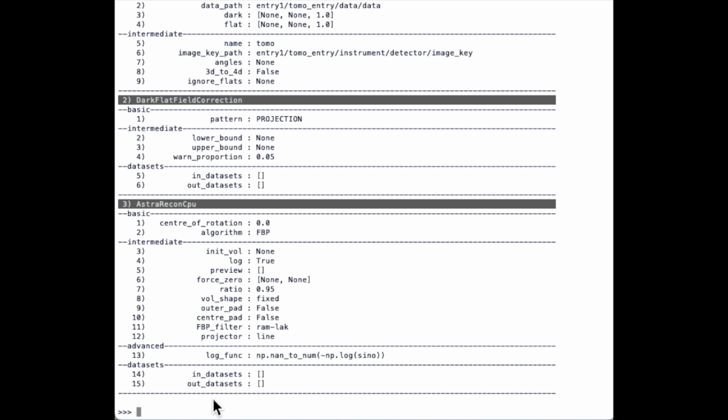I'll be able to display advanced parameters. So actually the third plugin is the only one with an advanced parameter log function. And usually advanced parameters won't need to be changed often, and only if you have in-depth knowledge of how that plugin's working. So if I revert my level to basic,